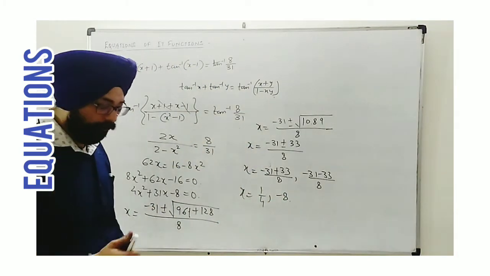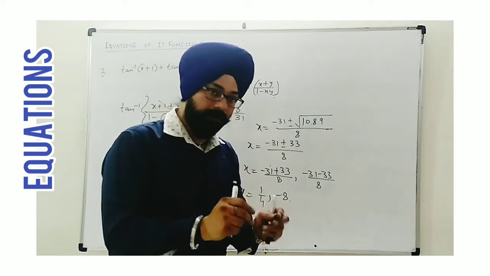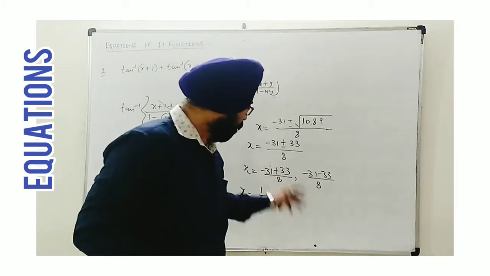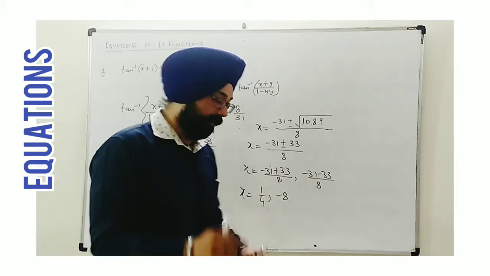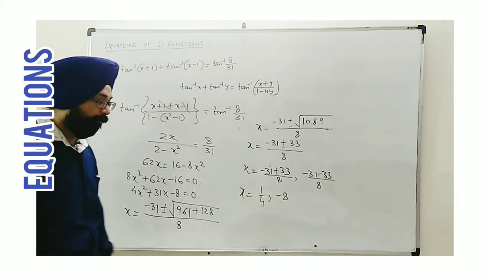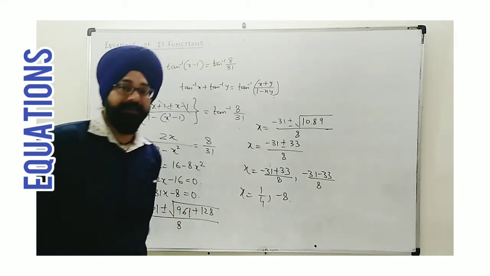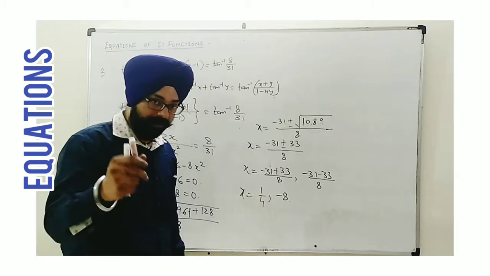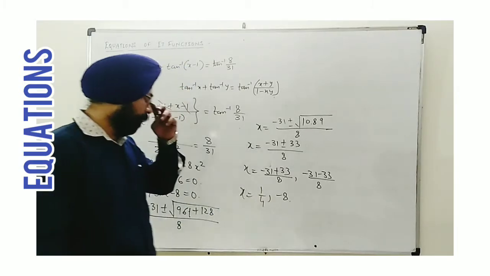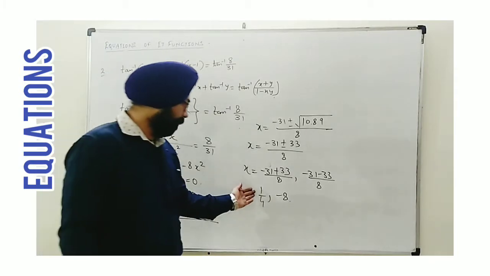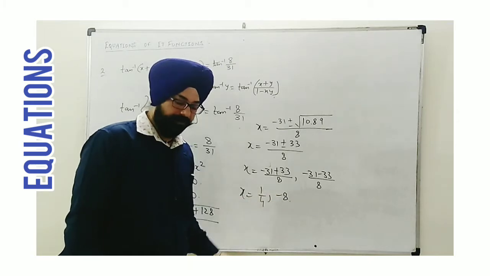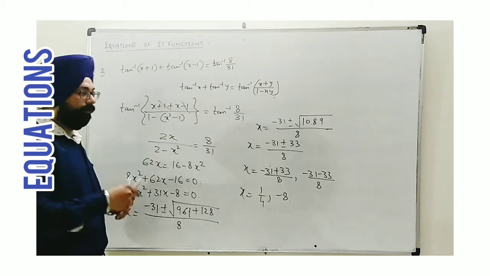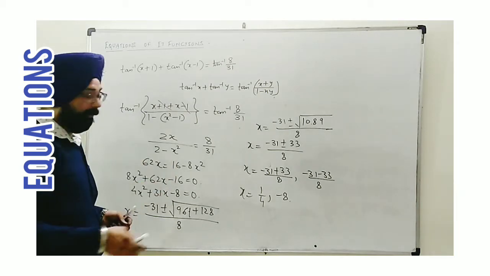As I said in the previous question, when we get a single answer for one variable and all the steps and calculations are correct, then this is the final answer. But in this case we have two answers. Don't forget, chances are that we will not accept one of them. Here, one is positive and the other negative, so we should go back to the equation. I suggest how we can estimate.